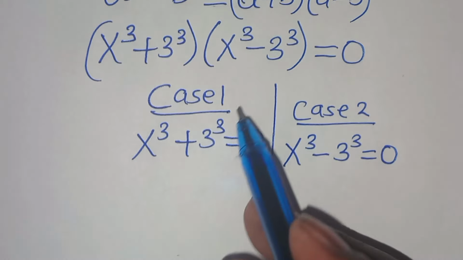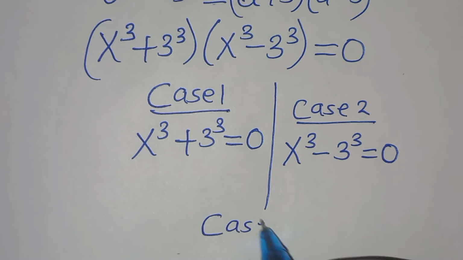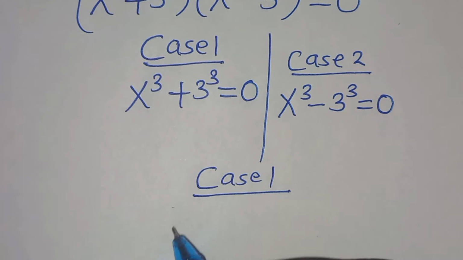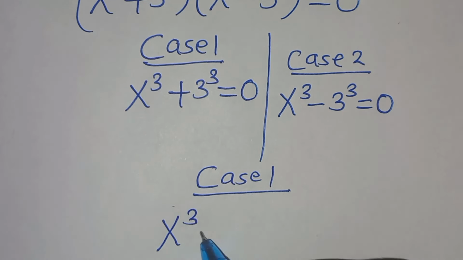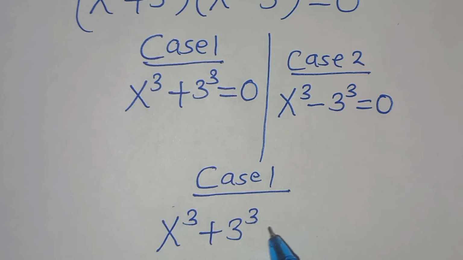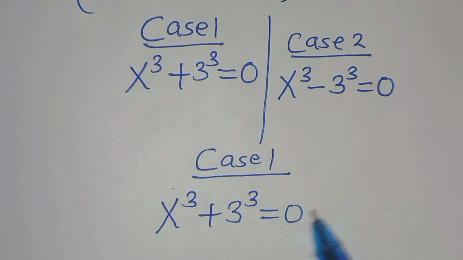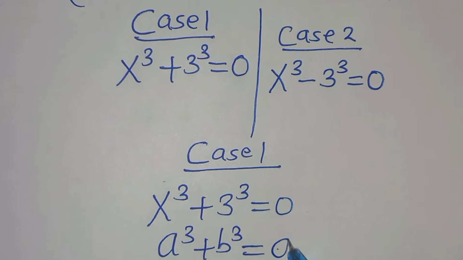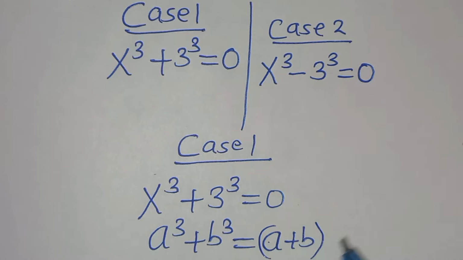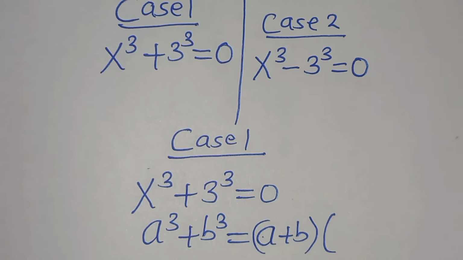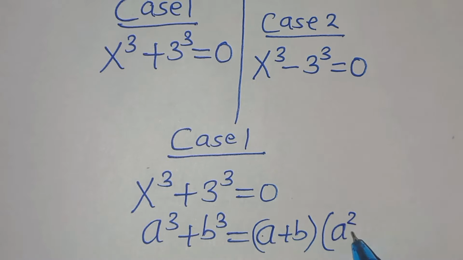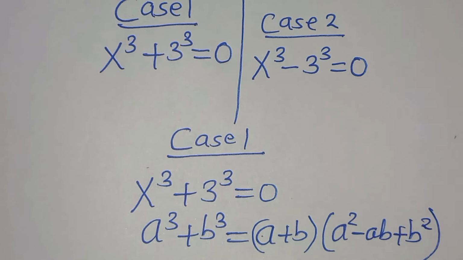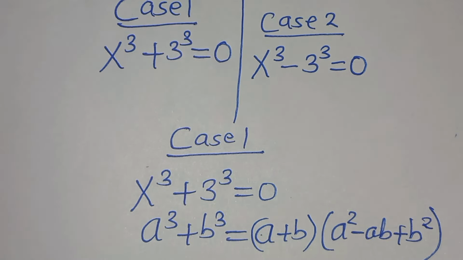So let's start with case 1. Now, x to the power of 3 plus 3 to the power of 3 equal to 0. This is in the form of a to the power of 3 plus b to the power of 3, which we can express as a plus b in parentheses, times a to the power of 2 minus a times b plus b to the power of 2. Now applying this identity,